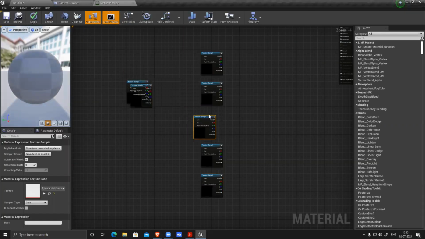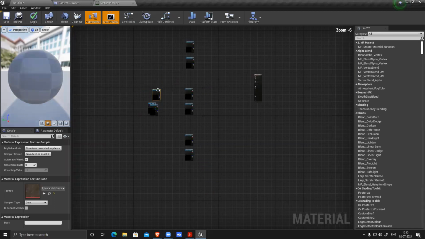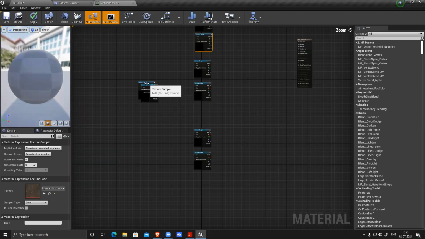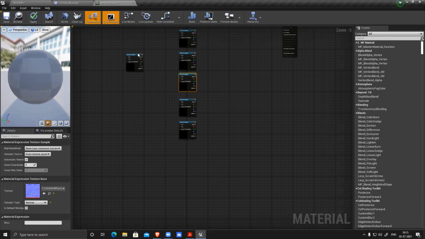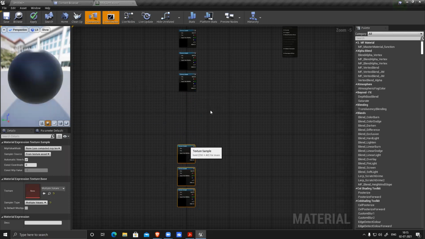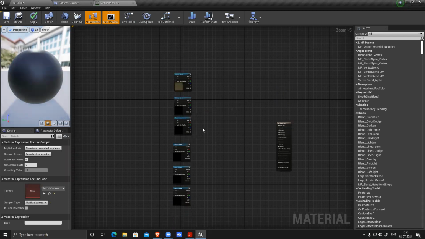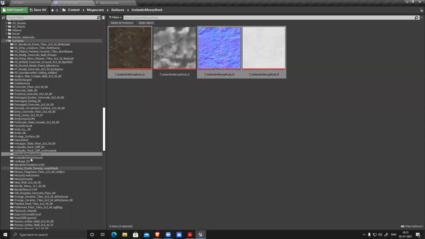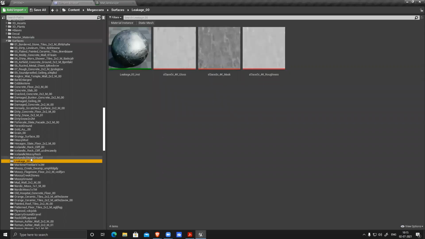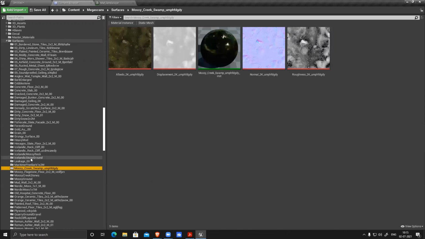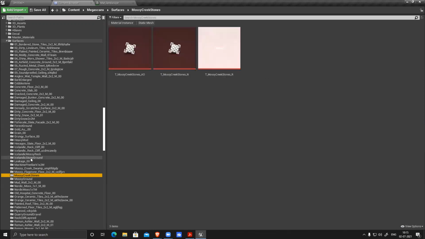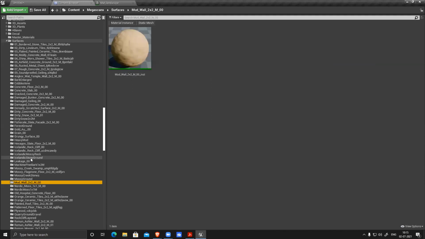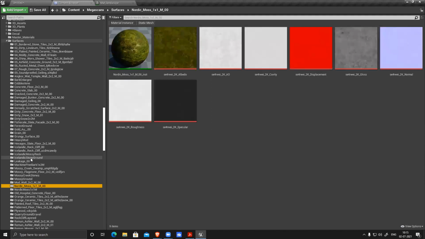All three. Albedo, normal, roughness. You just move them down. And if I want more textures, I can go and check. And this is a moss. If I want, I can use that, or some rock or something. I can definitely use mossy ground, all this. So as of now, let's use these three only.